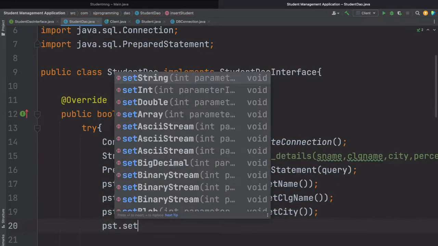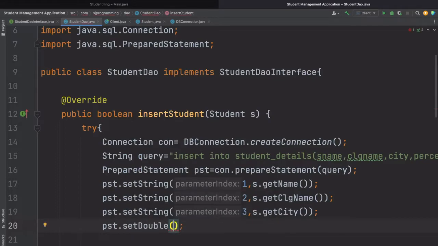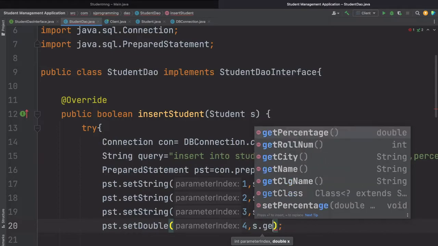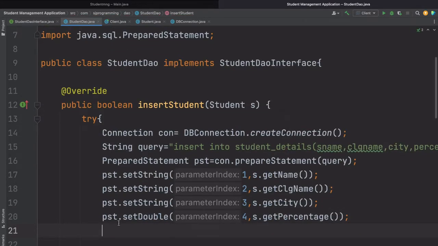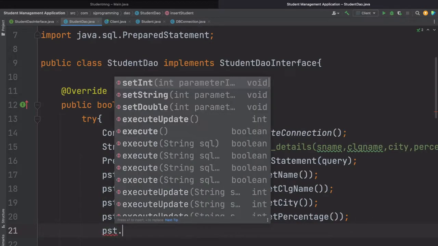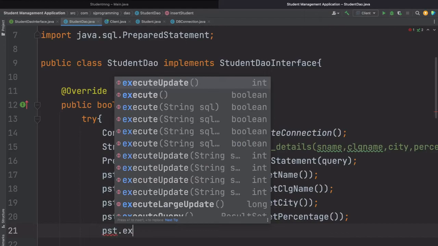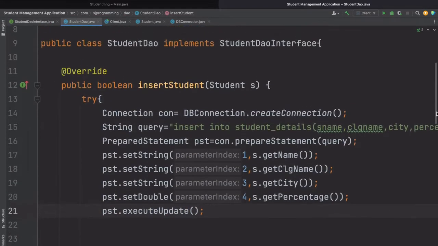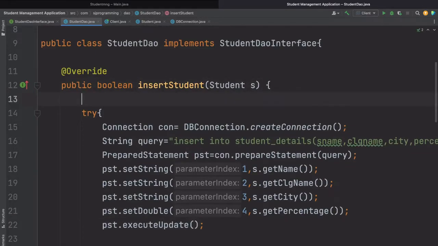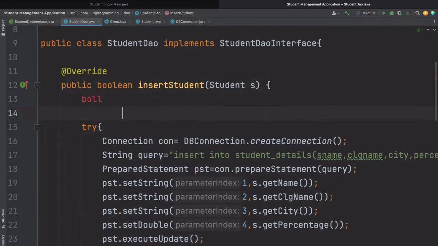pst.setDouble, and then the fourth will be ys.getPercentage. Okay, the percentage type is double, so we have written setDouble. After that we have to execute this, so pst.executeUpdate. Okay, and after that here let's take one boolean